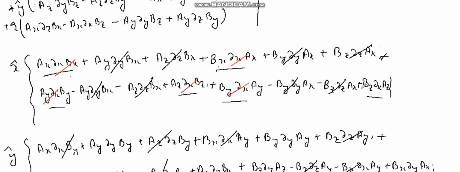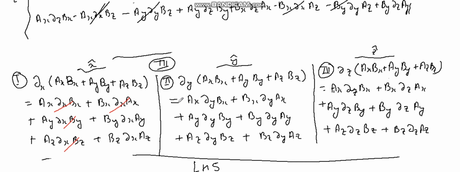What is the term we are left with? Right, so bz del x az, bz del x az, and by del x ay has already